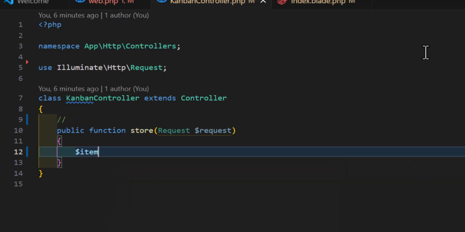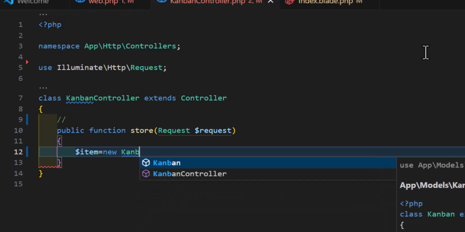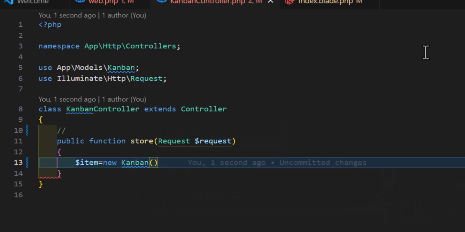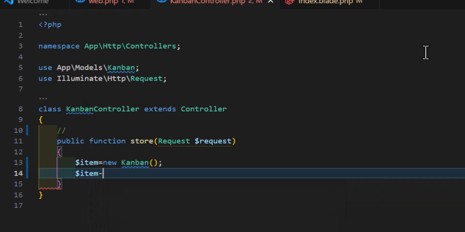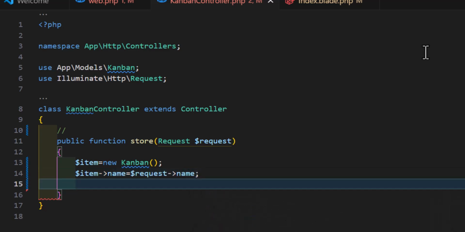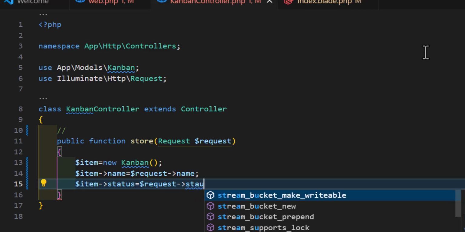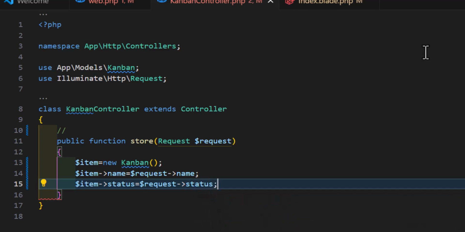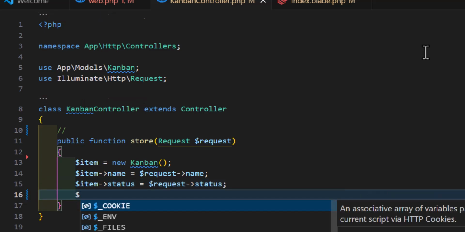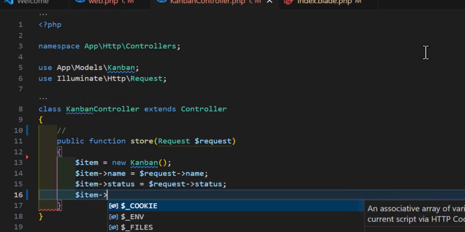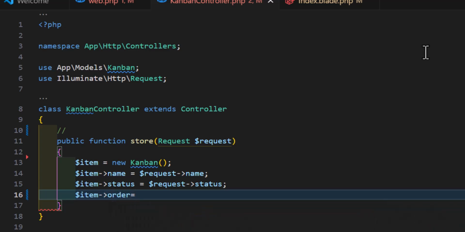Now in here let's create a new variable with the name of item and set it to new Kanban. Then after that, let's set item name is equal to request name, item status is equal to request status. And one more thing that we have is order. So let's set the item order equal to, so for the order, first of all, at the top I will